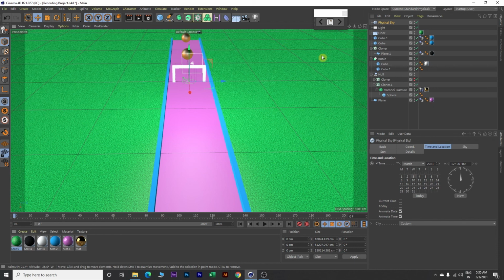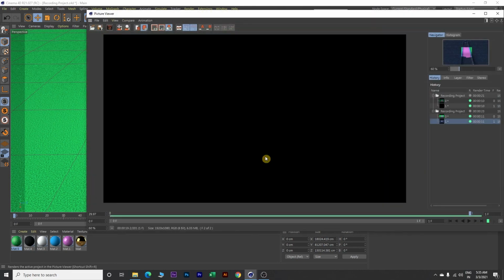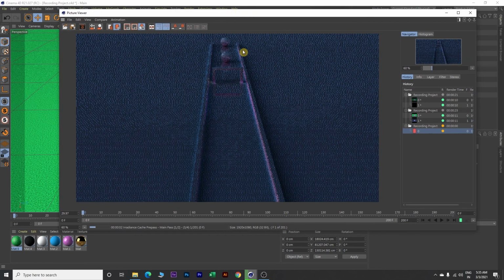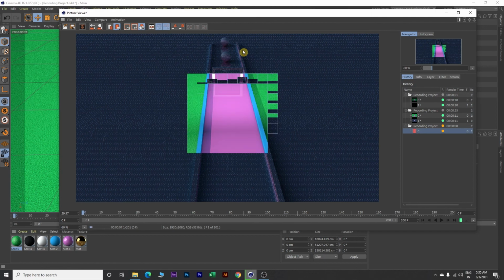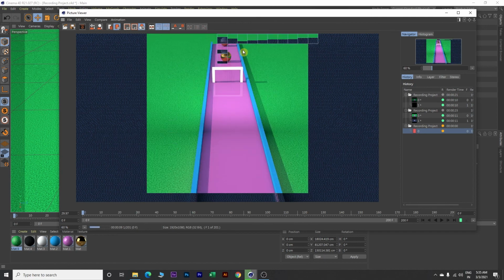Now let's play our animation for the last time and we are done. So click on this animation, play here, and let's see how this looks like. Okay, perfect. So this looks good. Now the only thing which you need to do is stop this animation, go back to frame 0 and click on this render button and say yes, and this will start rendering all the images and animation. And this is how our final result looks like.